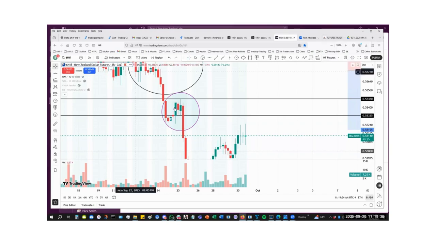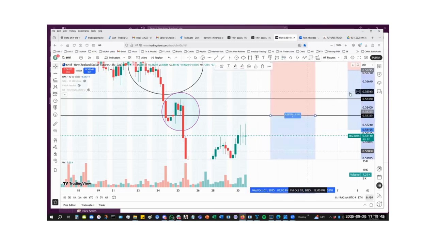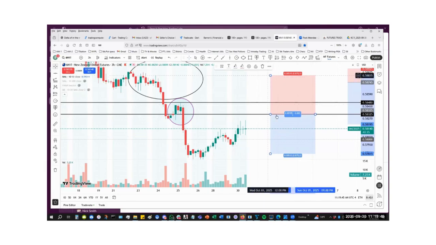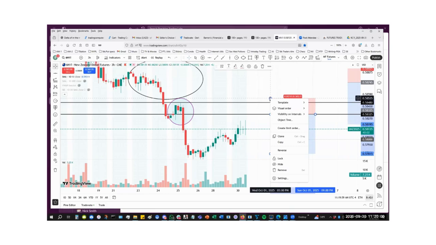So right here you have your rally base drop here, and then if we put in the trade visualizer here. There's your front line, here's your back line. I would give it an extra, let's say an extra 4 ticks here. Since the back line goes to 58.48, I would put the back line at 58.42, 58.52, and then that